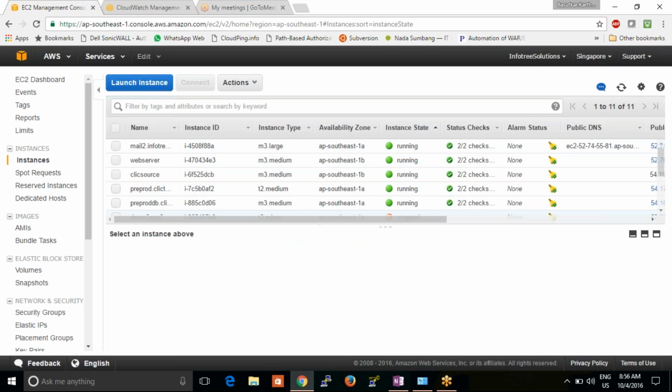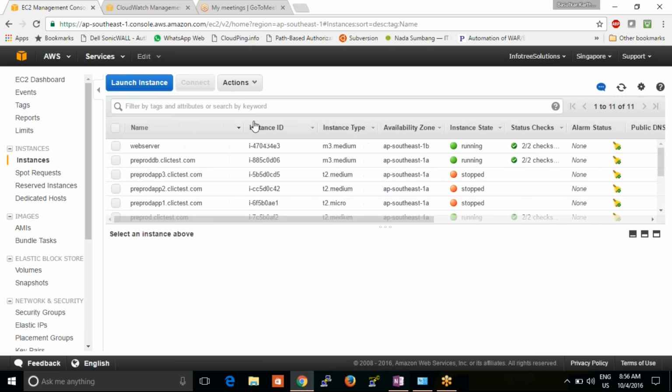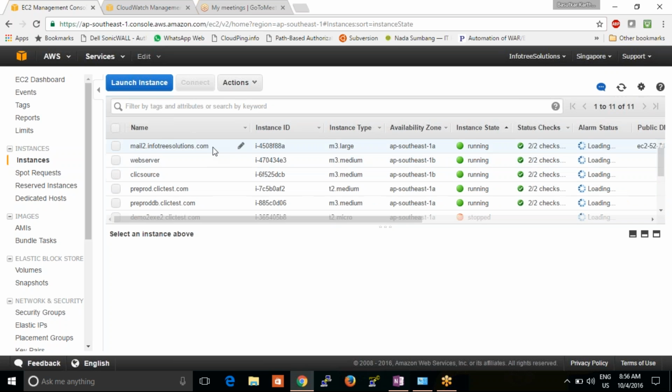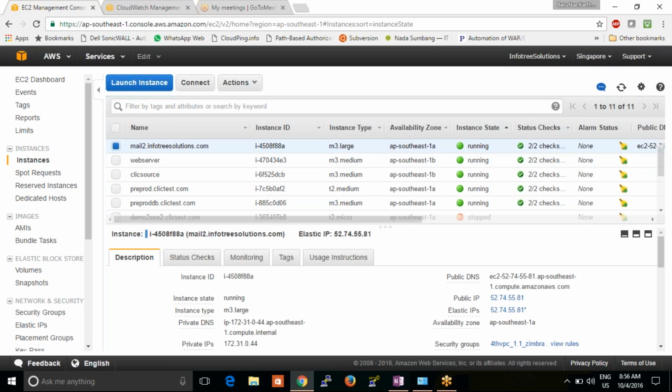I want to see the CPU utilization of the server. What is the name of this server? mail2.info tree solutions. Pull it a little bit. So mail2, what is the server unique ID? Copy the unique ID of that server